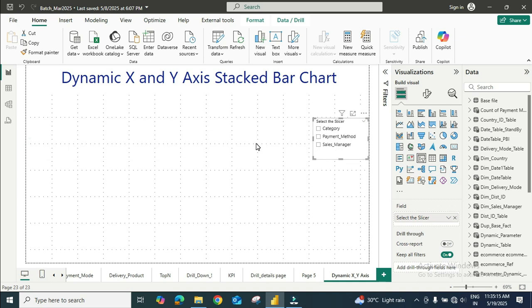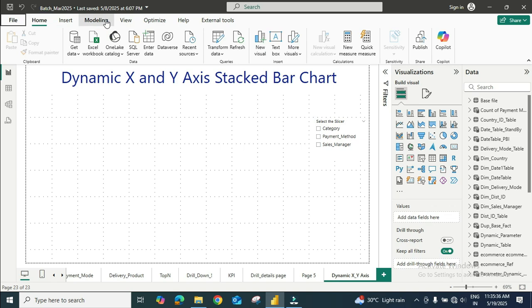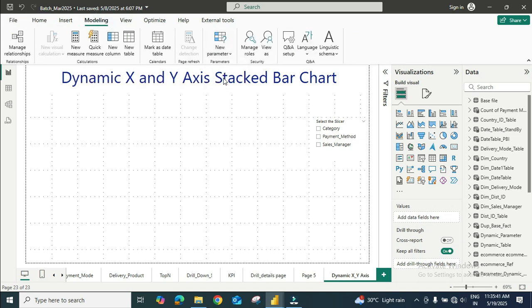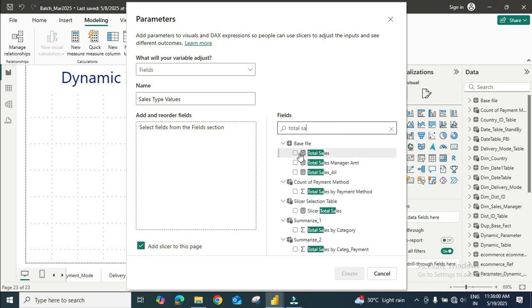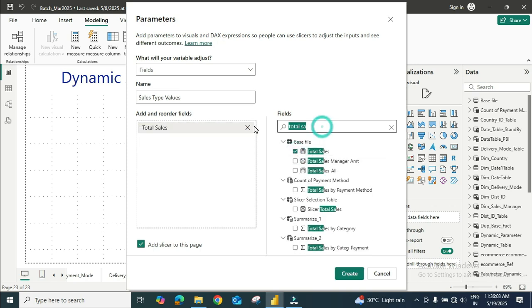Okay. And now I just want to show the values, either total sales or net sales or discount value. So for this I'm just going to create one more parameter, which is fields here. I'm just selecting the sales. So here let me name it as sales type values. So let me select total sales, which is a measure over here in the base table,